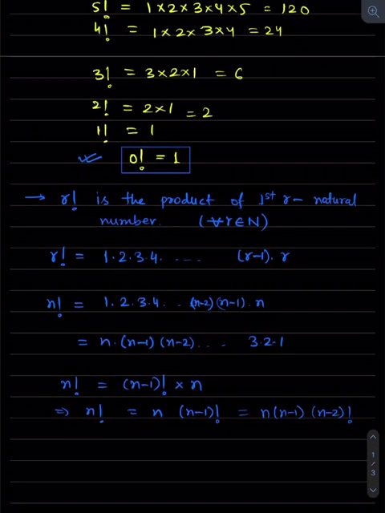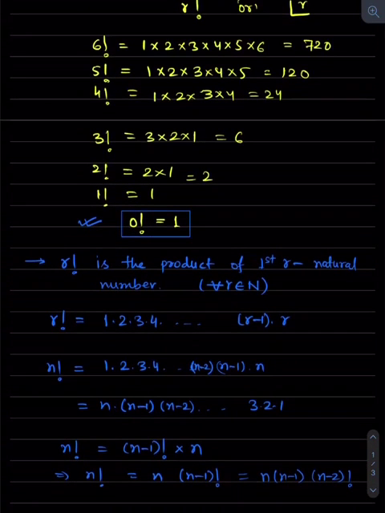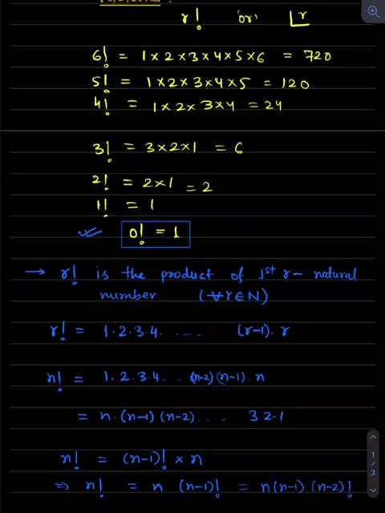Here one thing is there, that I said that r can be any natural number, but here r is not a natural number. Still, 0 factorial is what? 1. So this is one concept. We will discuss it in our next chapter, that is permutation and combination. For now this is just one rule and a different undefined term which you have to remember.